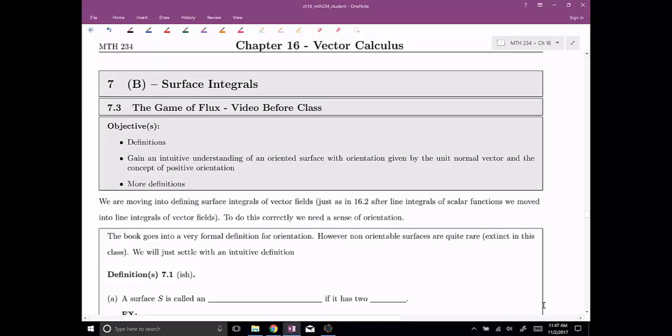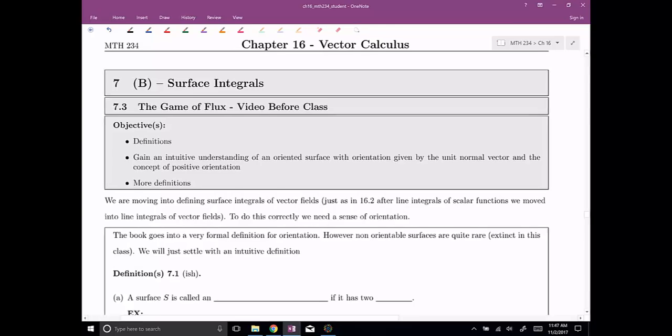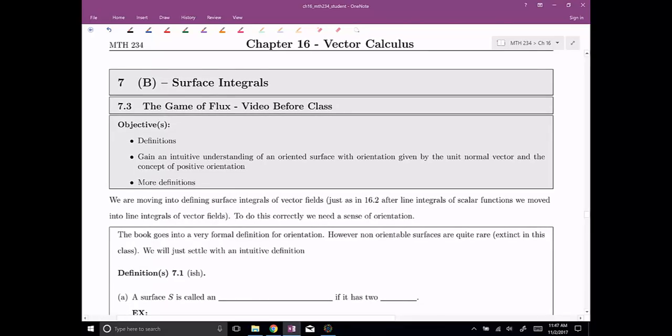Welcome back everyone to another day of surface integrals. This time around we're going to be upgrading, talking about surface integrals over vector fields. So we're going to do not just scalar functions anymore, but vector fields now. In this video, as usual, we're going to do the introduction, so I'm going to give you guys some